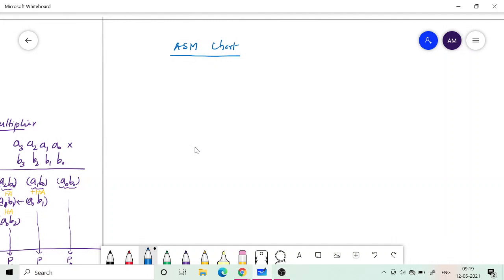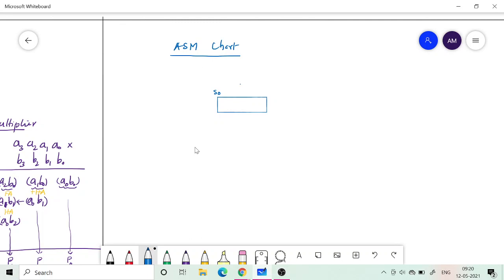To start with, whenever we draw a rectangular block, that corresponds to a state, something like the circles in the state diagram. State 0 is a state in which the block is waiting for the start signal.